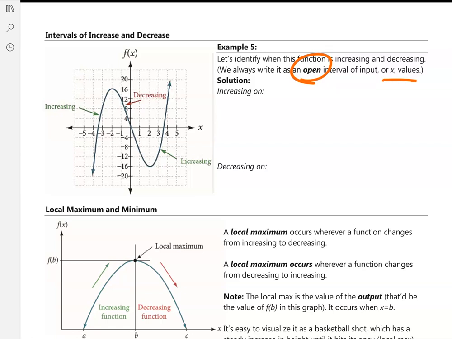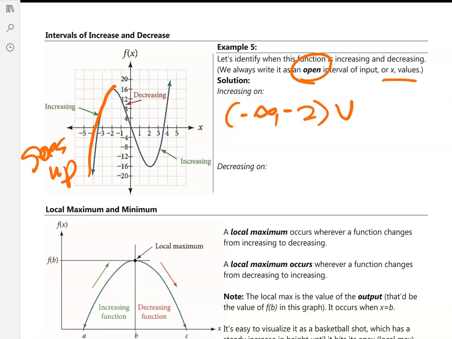So increasing, meaning it goes up. So increasing here up to here, so that is from negative infinity to negative 2,